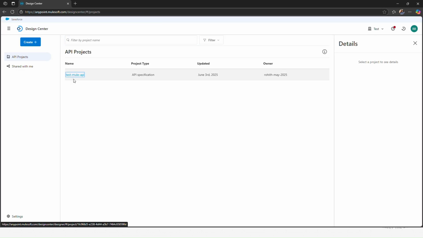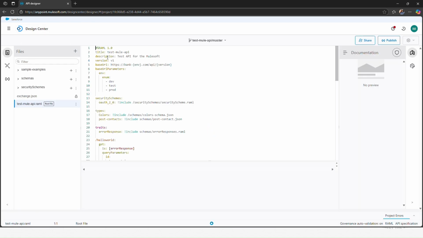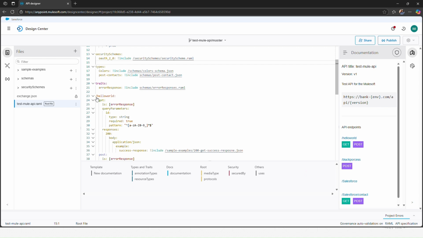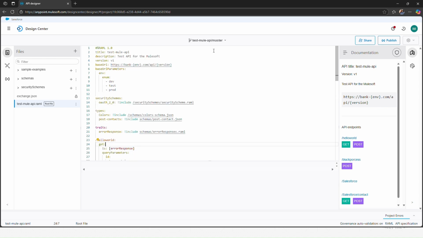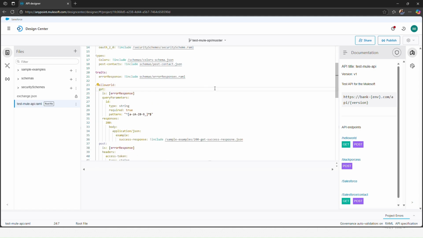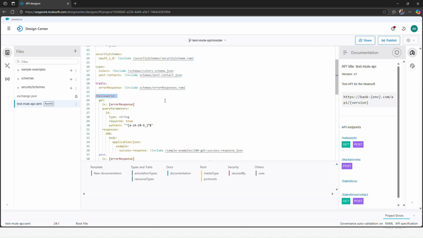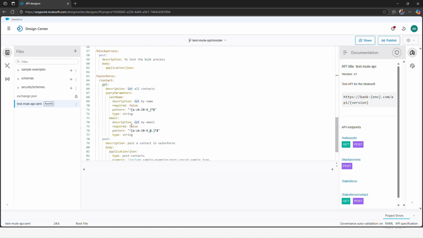this is one of the test applications I want to create. In the design center we specify our application name, what security we want to add to our application, and what the endpoints are for your REST API. For example, this is a REST API I'm creating with MuleSoft. You can see it is written in RAML. Here we define the specification of our application, like the endpoint and which REST method we want to use, whether it's a GET, POST, or anything else. By using the design center and the RAML language, you can create this